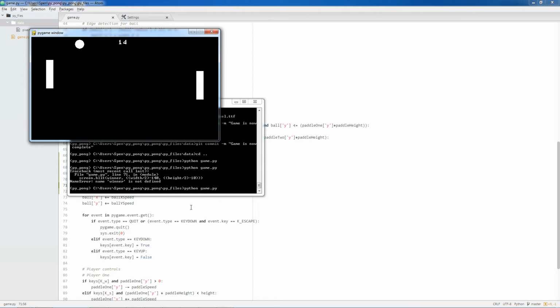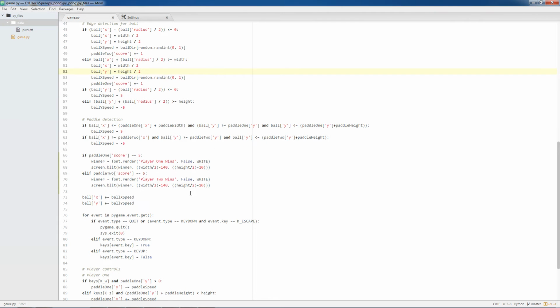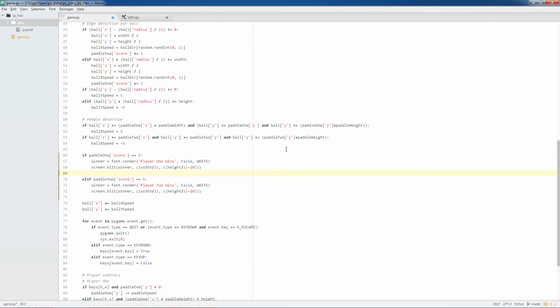So let's make sure player 1 can win. Oh no, let's have player 2 win. Ah well, we'll allow it. Player 2 wins, yay! That offset is way too much. It's gonna be too much as well, but